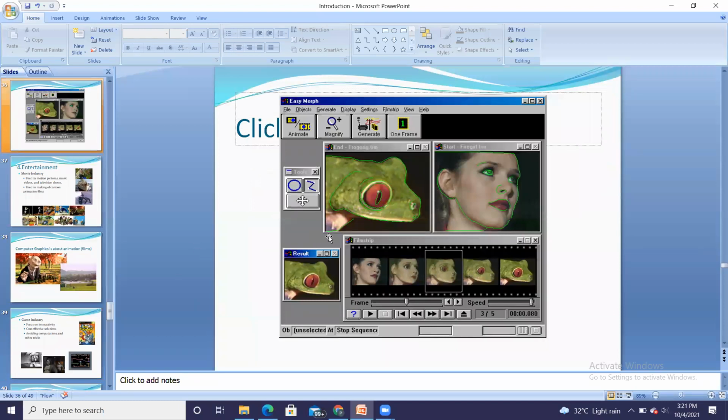Here are the examples, where by giving pressure and changing the size, I can change the face of a lady into a lizard's face. That is also possible by using morphing techniques.